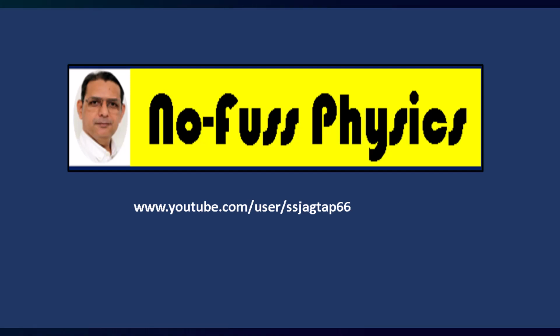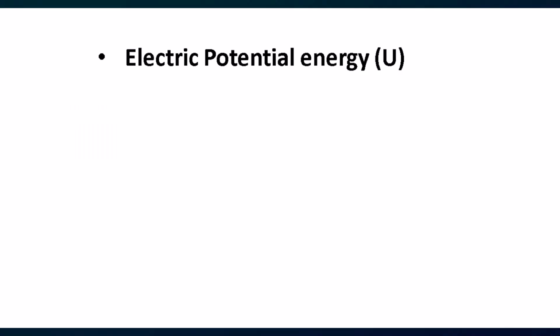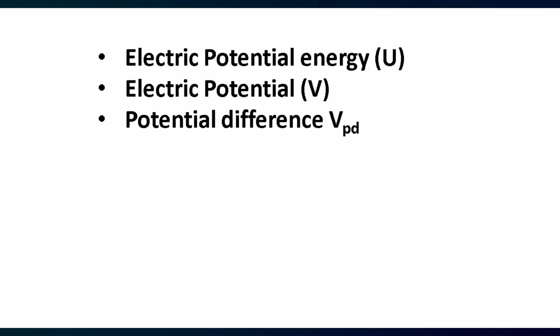In this video, we are going to understand three important concepts in electrostatics: electric potential energy U, electric potential V, and potential difference or VPD. Now, for potential difference, I'll use the symbol VPD. Normally, we use the symbol V, but to clearly distinguish between electric potential and potential difference, I'll use VPD throughout